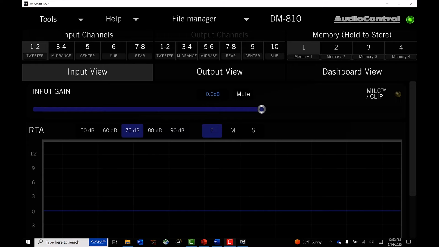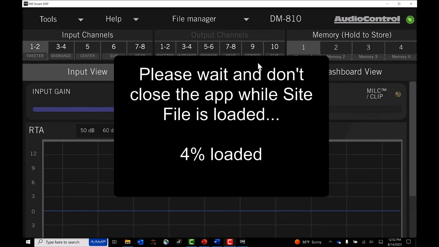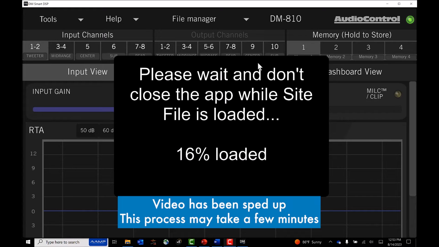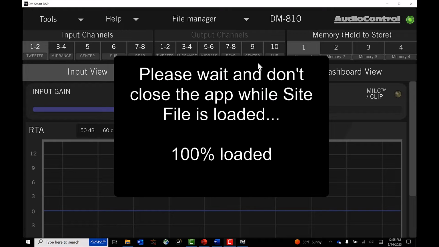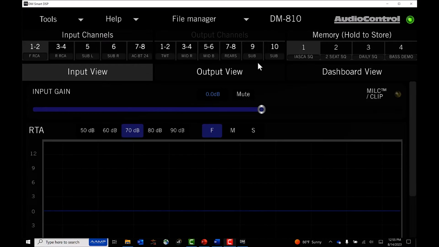Now, the previous file that we had before the update started has been reloaded to our system. Now the previous file that was on our DSP will be reloaded to the system. No data will be lost. And as you can see, everything that was previously loaded is now loaded back with the newest version of the